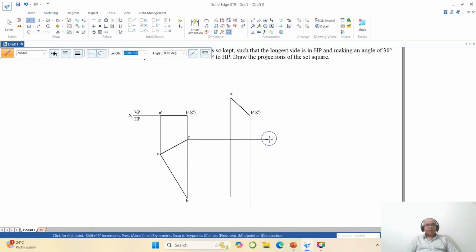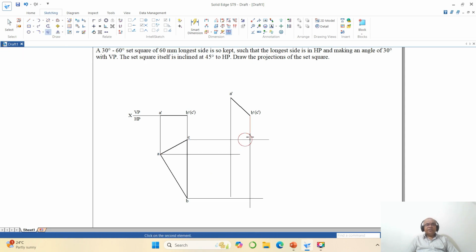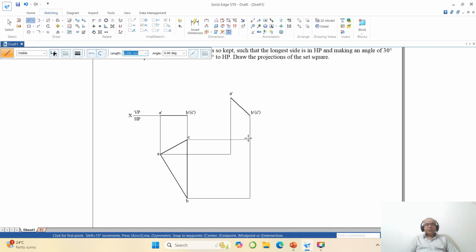draw a horizontal line. Similarly from B also you do the same thing, which is this point. Then from A also you do the same thing from the intersection point. So now we have the trim corner between these two, then trim corner between these two, then trim corner between these two. So once you do that, now we want to join. So go to line, so take the intersection point of this to intersection point of this to intersection point of